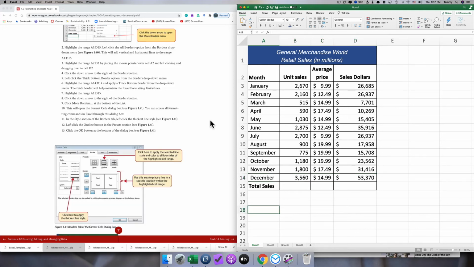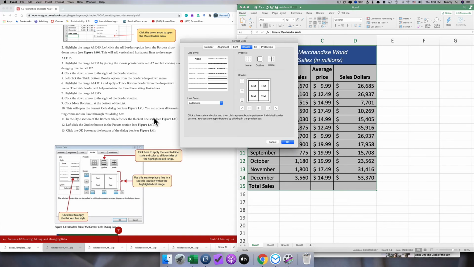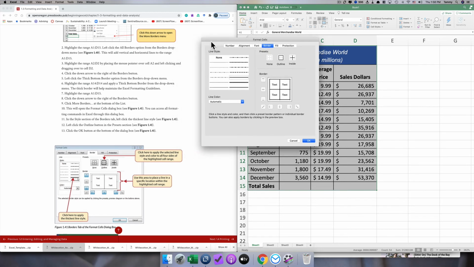And then what we want is to take the whole thing and click the down arrow to the right, and you click more borders at the bottom of the list. And this brings up a sort of a menu option. And what we want to do, let's see, what do they have you do? Left click on the thickest line style and take the outline in the presets and then hit OK, and that